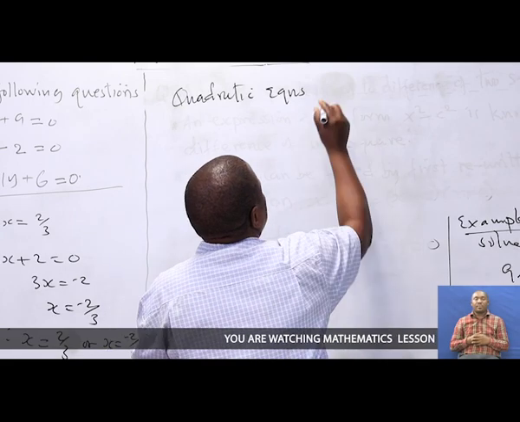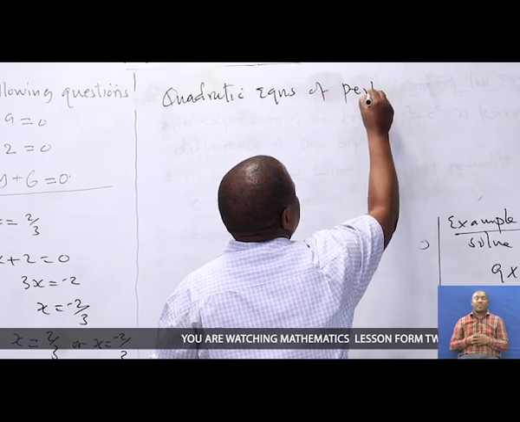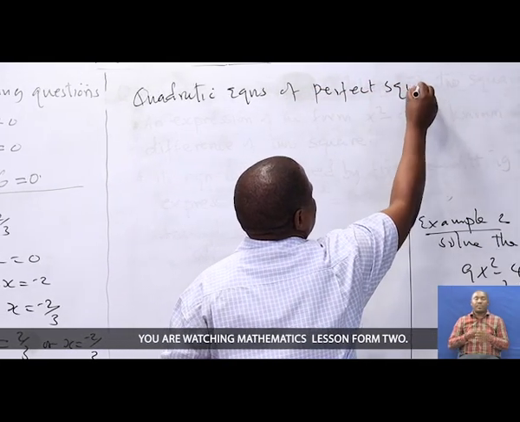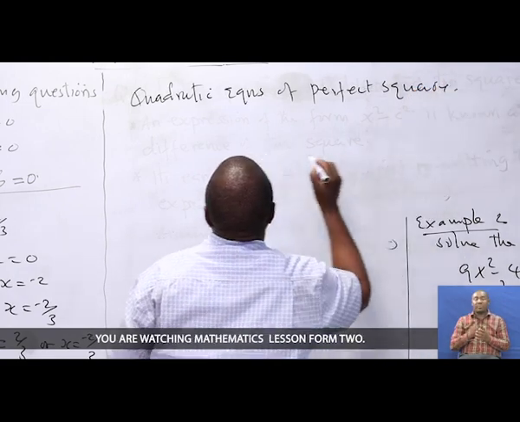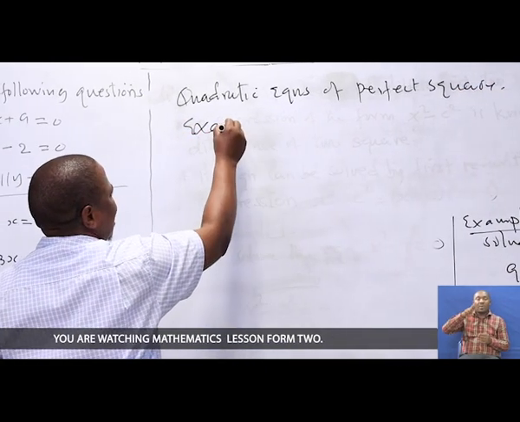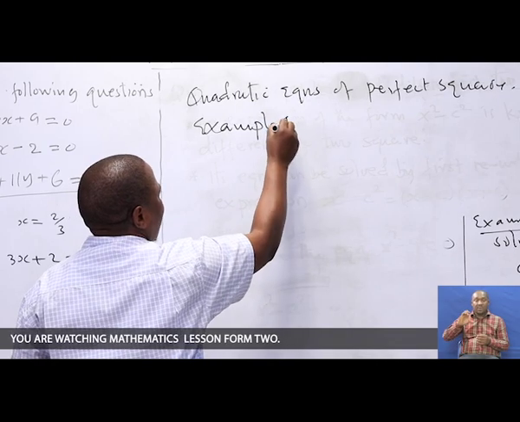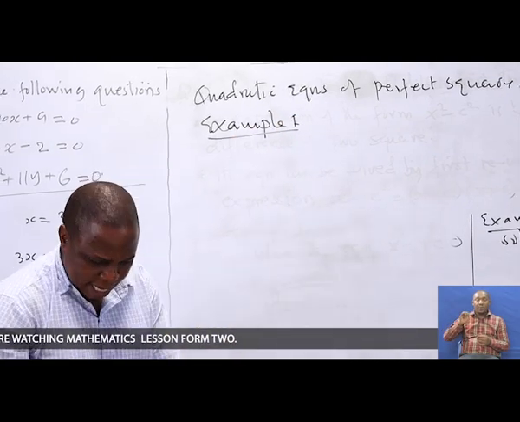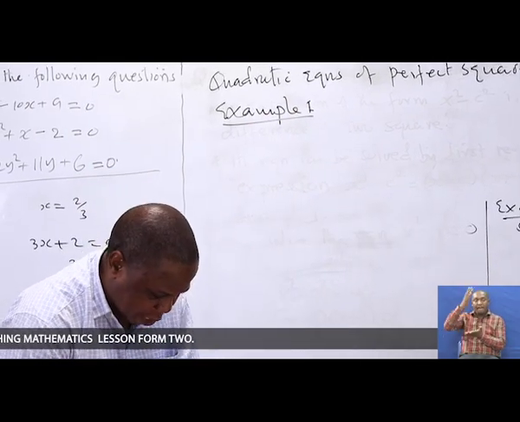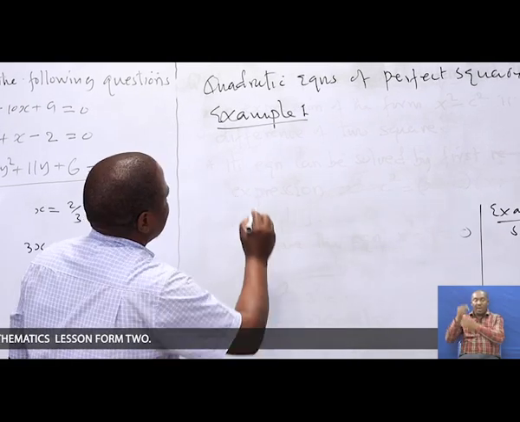Quadratic equations of perfect square. I'll just give you one example here, just one is enough, because the way of solving this one is the same as the way of solving the other one. Let's say you are given, solve the equation,